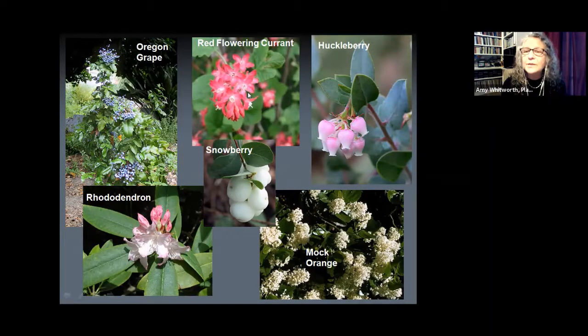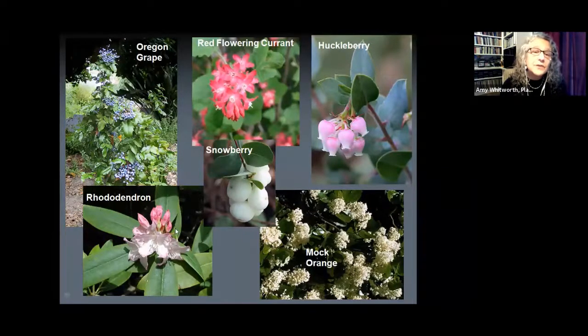Red flowering currant, a very ornamental rain garden plant, would go on the slope of a rain garden. It's deciduous, so it loses its leaves but blooms very early in the season. Very, very showy flowers and a big hummingbird attractor. As is evergreen huckleberry on the right-hand side. This is an evergreen plant that makes pretty flowers in the spring that hummingbirds like, and then fruit that is edible. As opposed to snowberry, which we see in the middle, which is quite showy throughout the winter, bare stems,